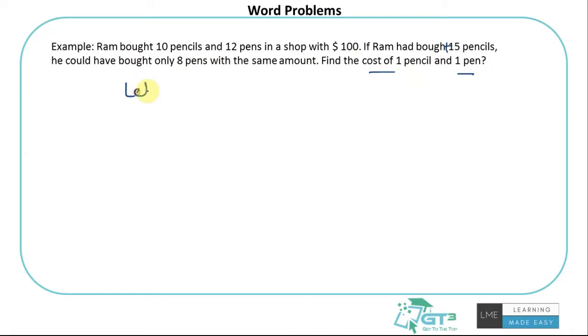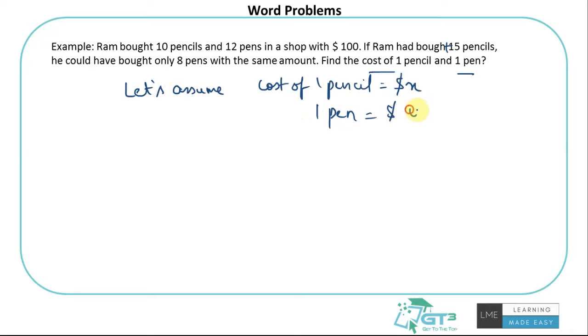So let's assume the cost of one pencil is $X and one pen is $Y. So if Ram bought 10 pencils, how much money would he have spent? Each pencil costs X dollars, so 10 pencils would cost 10 times X, 10X. And he bought 12 pens, so each pen costs Y dollars, so for 12 pens he would have spent 12